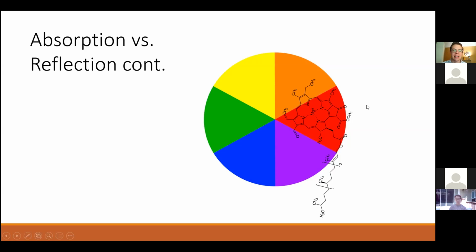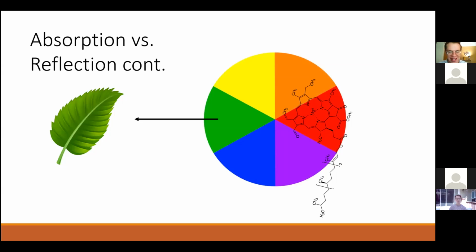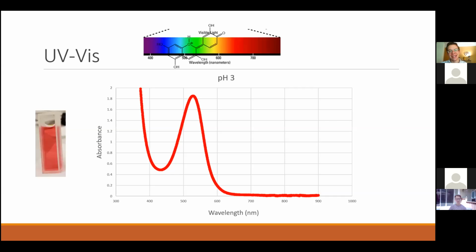What we will see is the light that's reflected, that is not absorbed, which consists of yellow, green, and blue light. Well, yellow and blue light combine to make green light. So we see green. Voila. How cool is that? So applying this same principle,